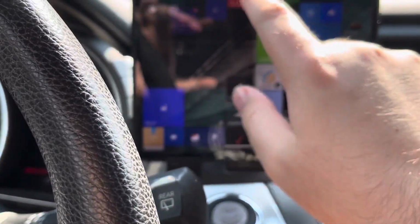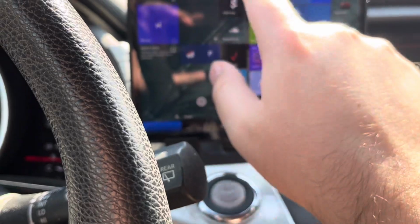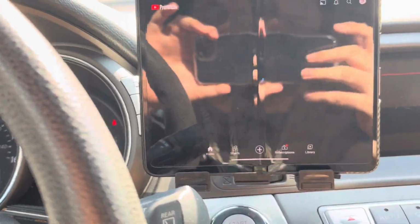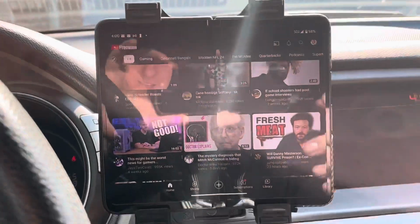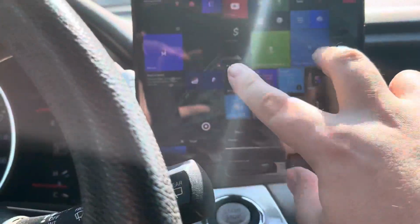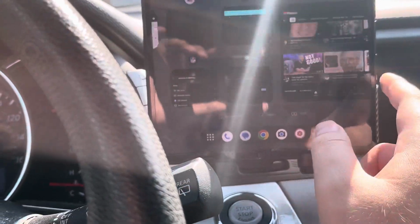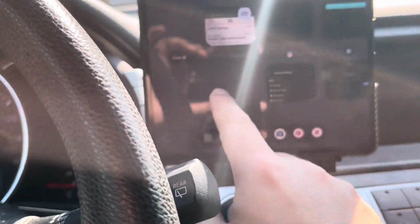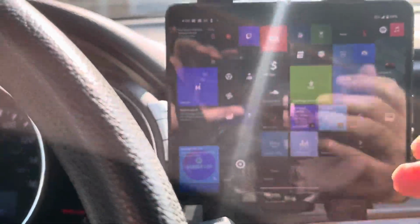But if you wanted to, let's just open up YouTube. Let's see what we got here on YouTube. And again, you have full access to this. Go through all your apps. Like always, you can dual screen applications. If you want to have an application on one screen and another application on the other screen, you can pretty much do everything you normally could do, but now it's actually mounted to your car,